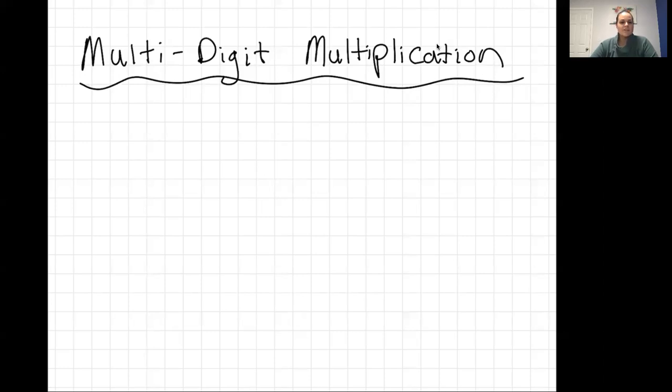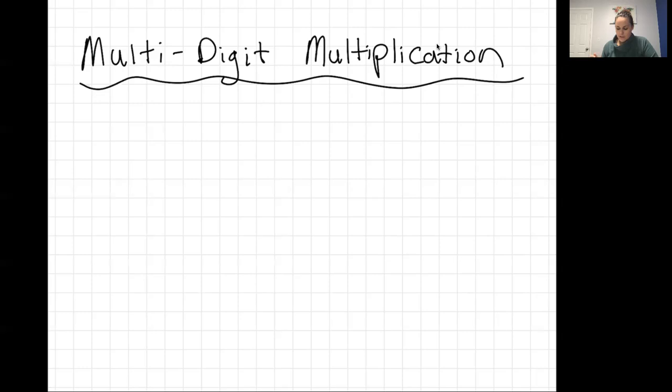This lesson is going to be talking about multi-digit multiplication and our strategies that we use to do that. So before we do that, we need to talk about one math term. So you may want to get your math journals to write this one down, because this is important when you see math or multiplication problems on tests and assignments. Sometimes the directions will be a little bit confusing because it'll ask for this word. When you're solving math equations,